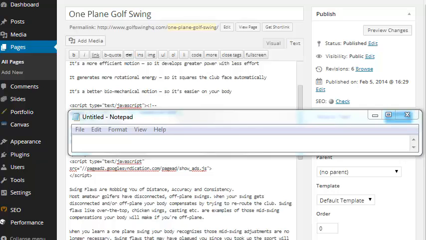You've got to make sure you're on text, hit paste, and then I would probably go a little farther down and put another one in, or repeat the process doing one that's 426, or the 468 by 60, I believe, were the dimensions. Now, again, if you're not comfortable working with code or doing any of this,